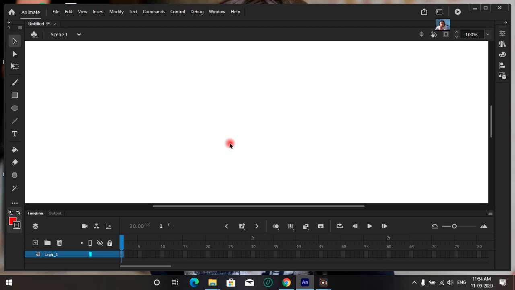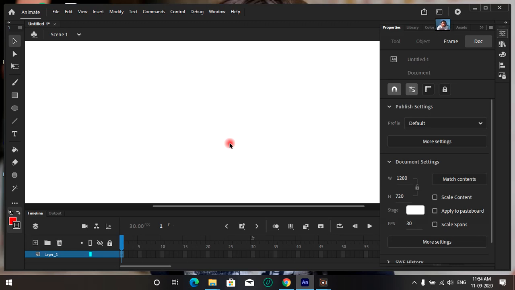Now if you want to put that image again, then we have to go into the library, because we converted that image into a symbol, and that symbol is stored in the library. For that we have to open the properties. Now see here, the properties panel has been opened, and in it we have to click on the library.